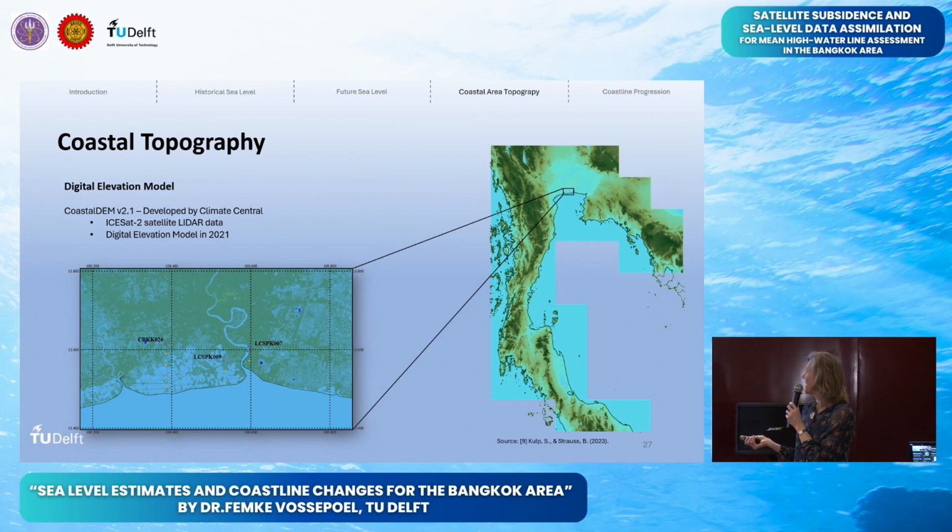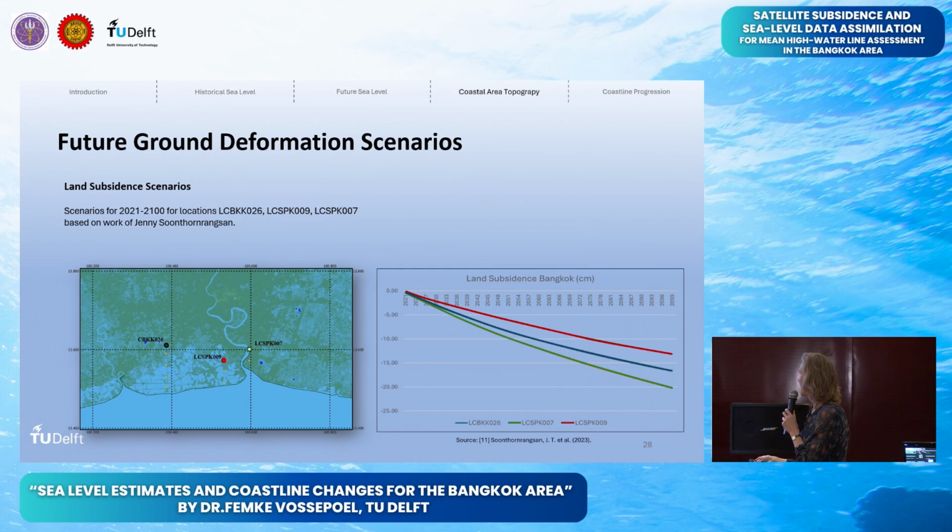And they used ISAT LiDAR data combined with the 21 DEM model to construct this map. Now you see 3 locations here of the well nests that Jenny has been using. And based on the groundwater estimates there, we can also model subsidence. So that is what